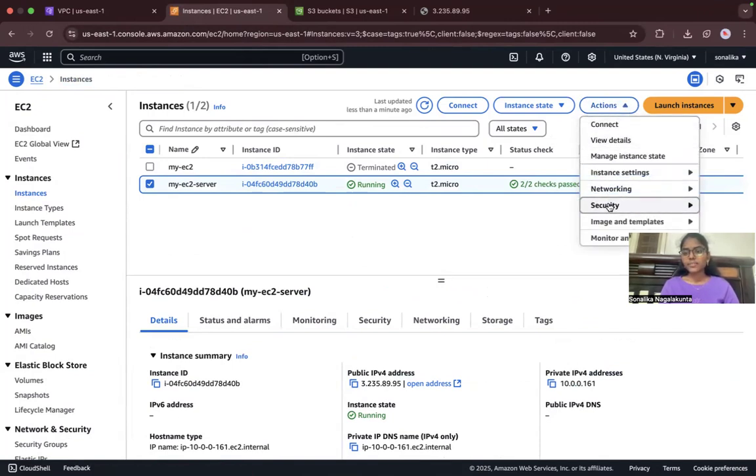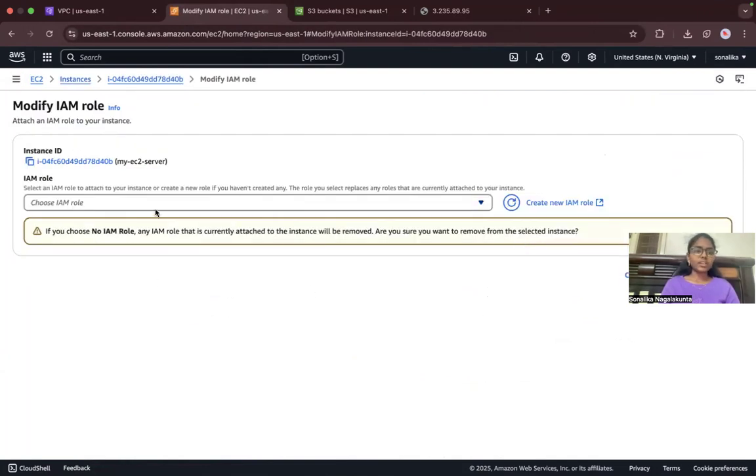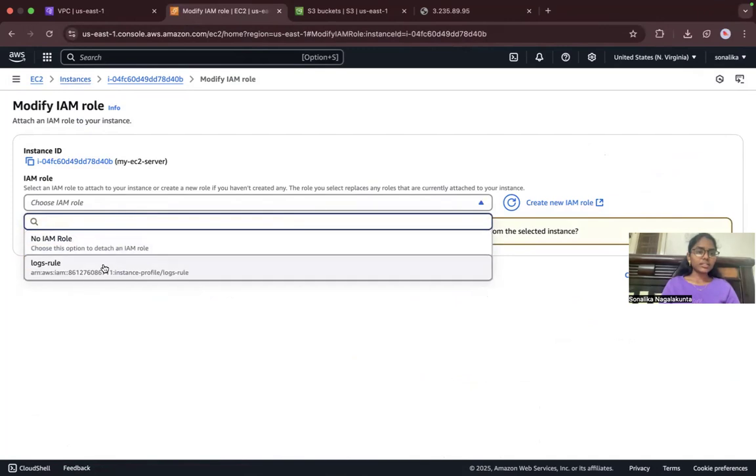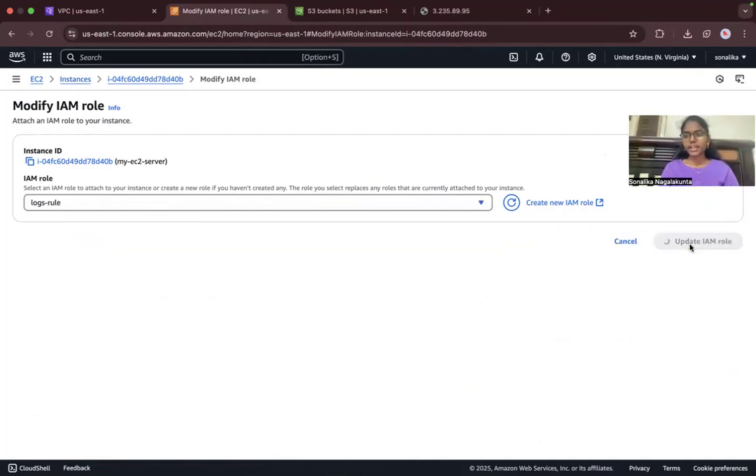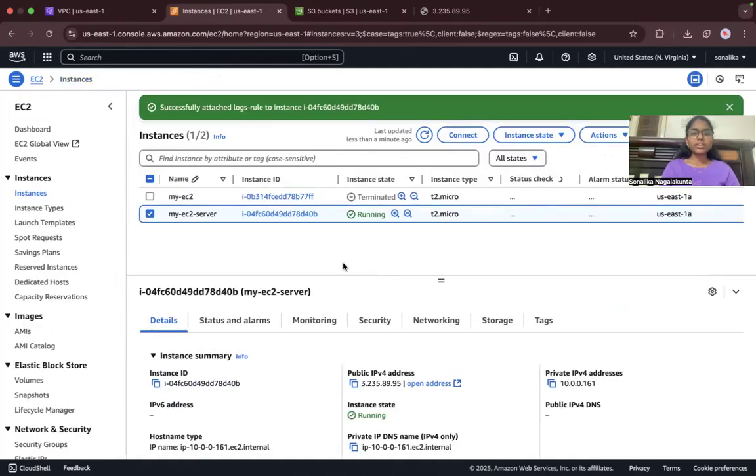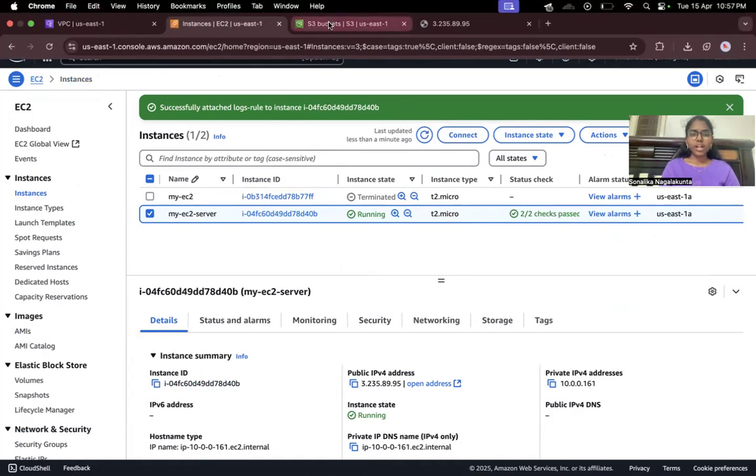Here select security and select modify IAM role. Here select logs role and click on update IAM role. We are doing this in order to store the logs into the S3 bucket. Without changing the IAM role, we can't do that. So now that we have updated,